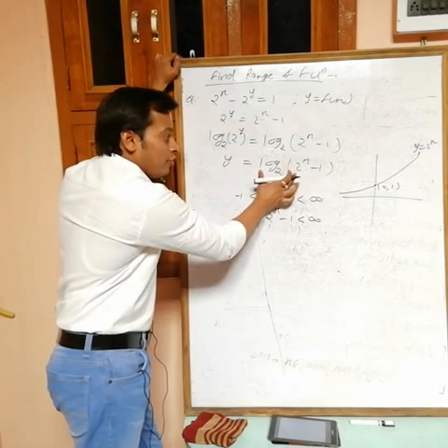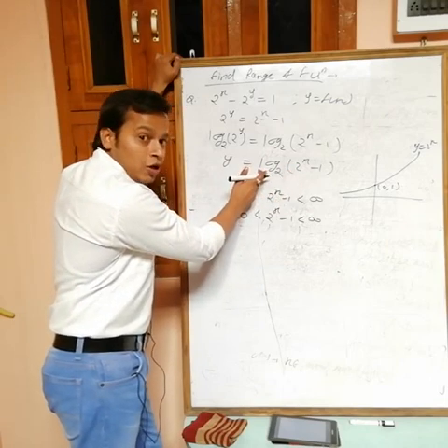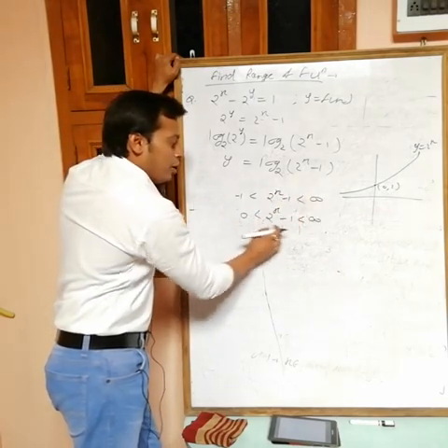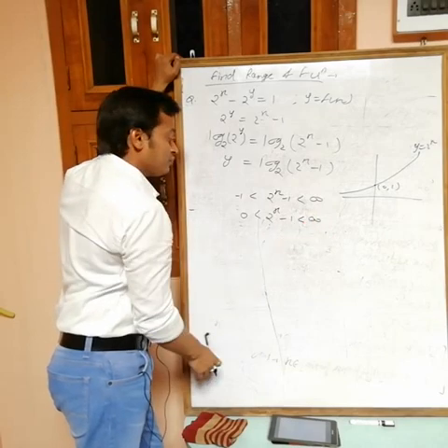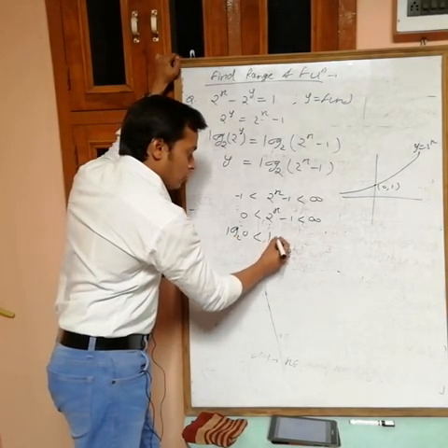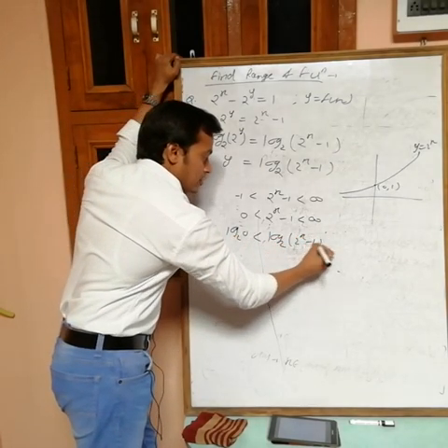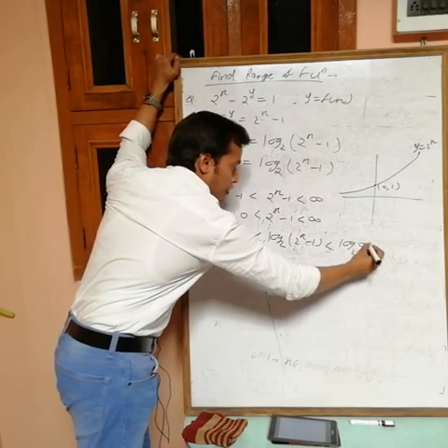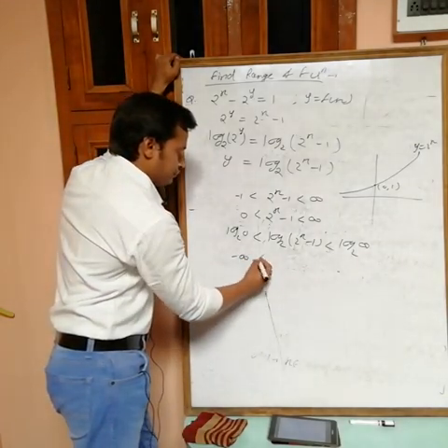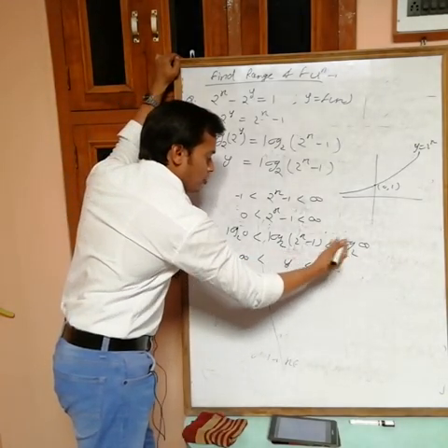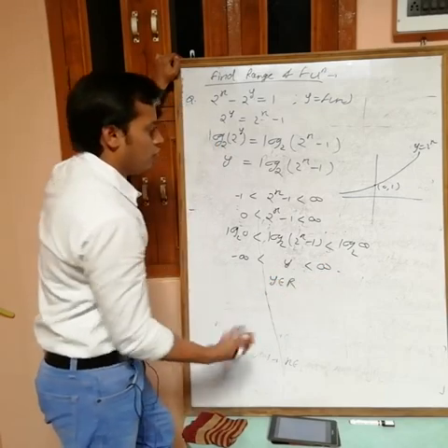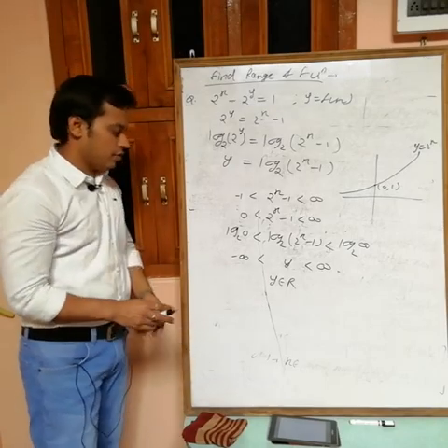And to get the value of this one, I have to take logarithm. But you can take logarithm only for positive values. Okay. So out of all these values, I am taking only positive values, 0 to infinity. Okay. Now take log with base 2. So log of 0, log of 2 power x minus 1, and log of infinity. Log of 0 is minus infinity. This one is y, log of infinity is infinity. Okay. So y again belongs to R. All real values y is taking.